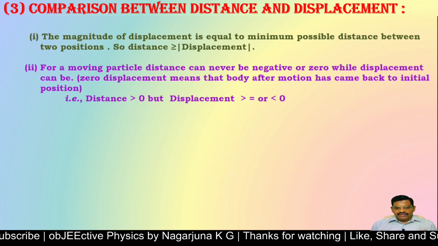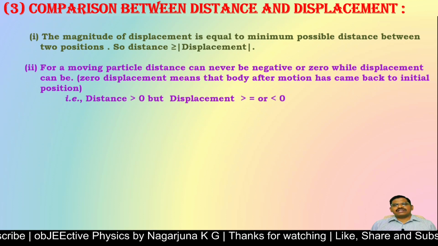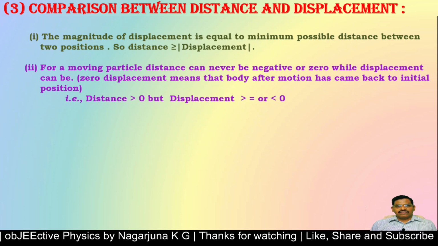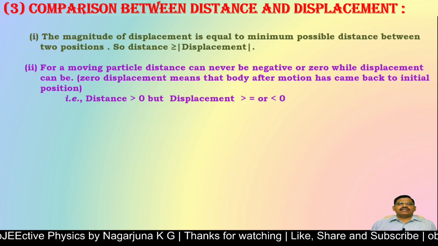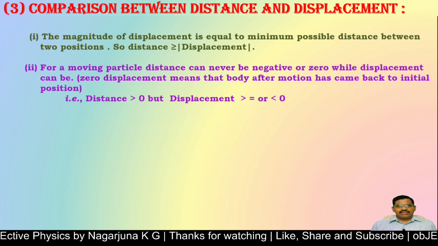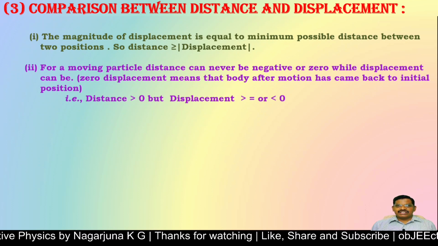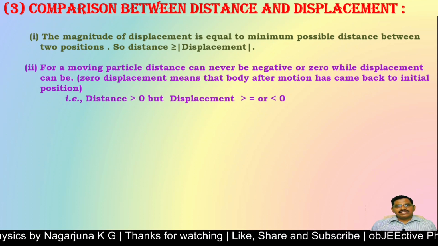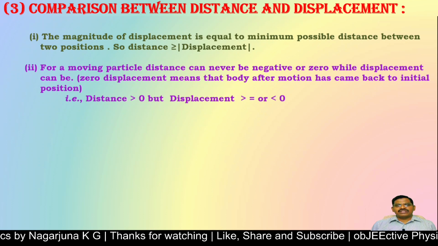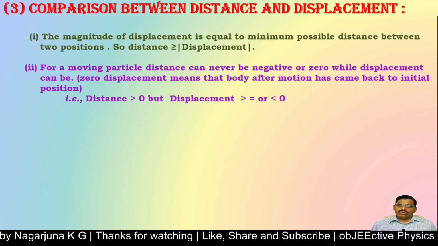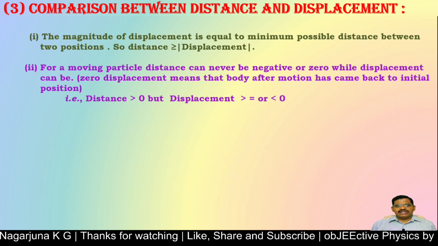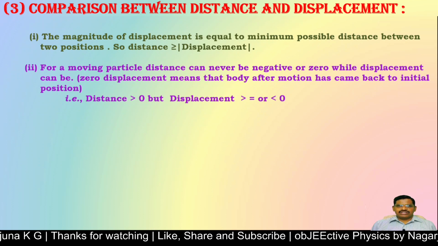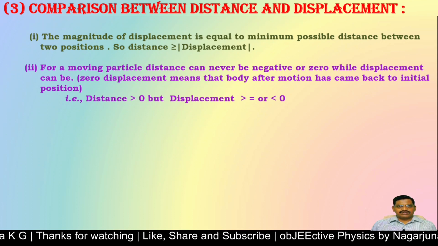For example, when a particle is traveling along the circumference of a circle of certain radius, say small r, if starting point and ending point are same, in that example, distance travelled by a particle is equal to perimeter, that is 2 pi r, and displacement of a particle becomes 0, because starting point and ending point coincide. Like that, displacement may be 0, may be positive, may be negative. In the last example, triangle example, displacement is positive 5 meters.